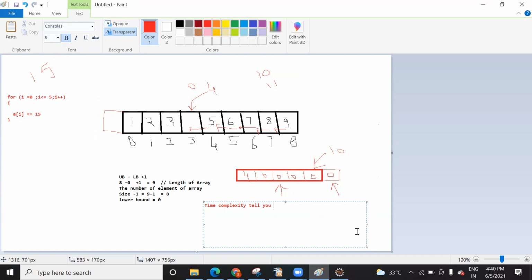But mostly we take it as log n, because if we have a large array, then it will be log n, where n is the size of the array. Time complexity tells you how much time is needed to find an element in an array.